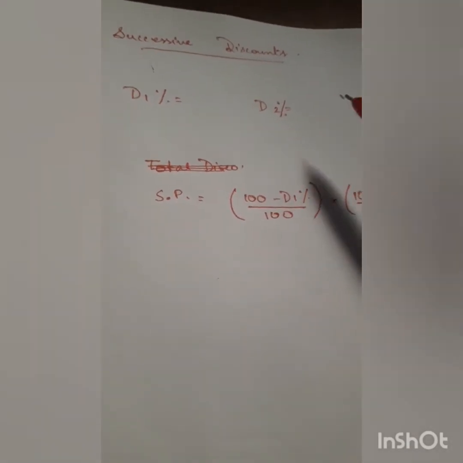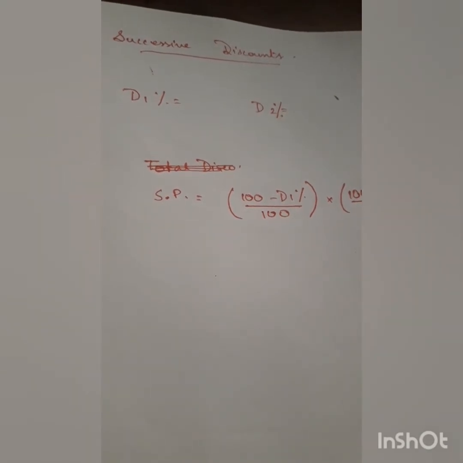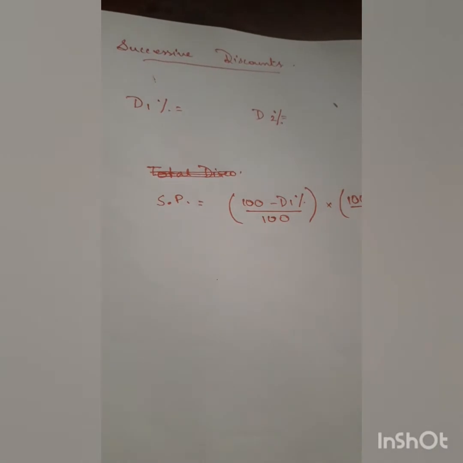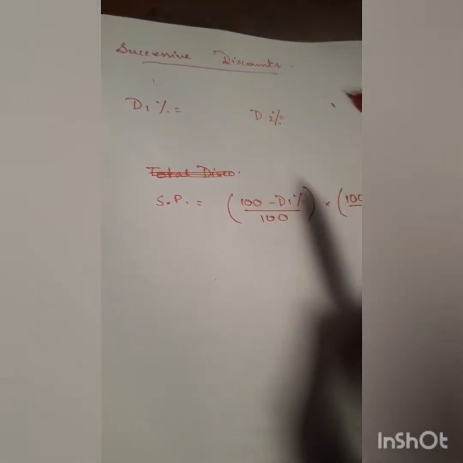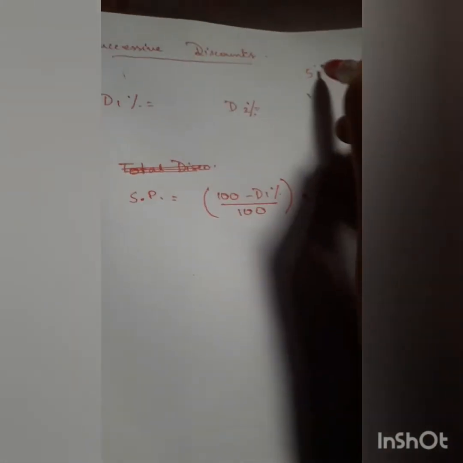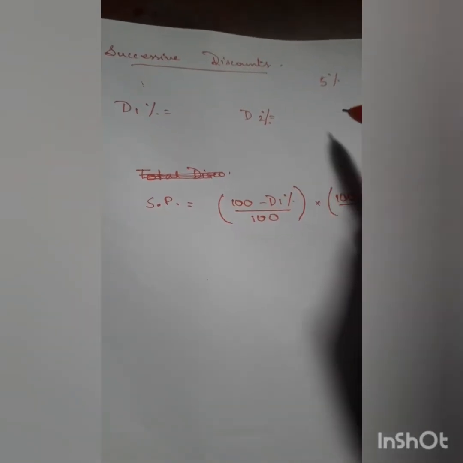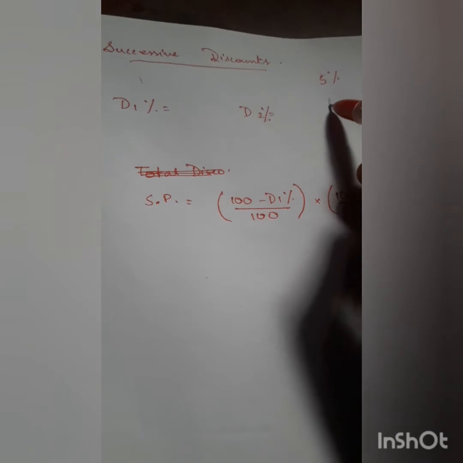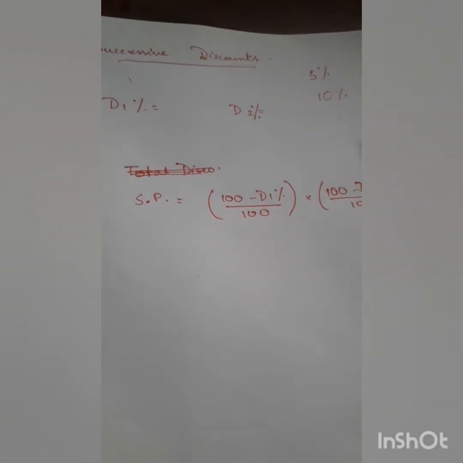Suppose you go for buying, say, a special type of pen. All right. Now the shopkeeper in his shop is already giving a discount of, say, 5% on all items. Apart from that, he is again giving an extra discount of 10% on that pen. Alright, so that more people can buy that pen.